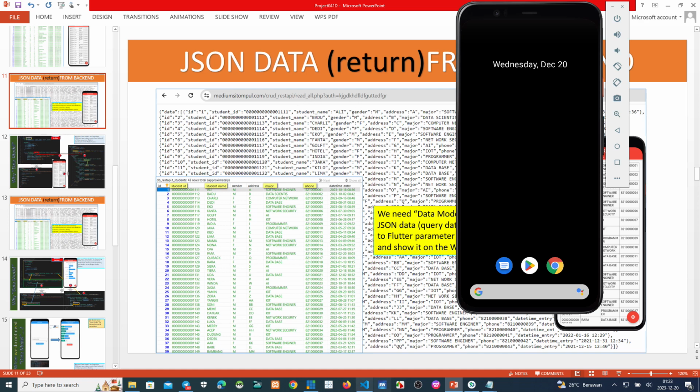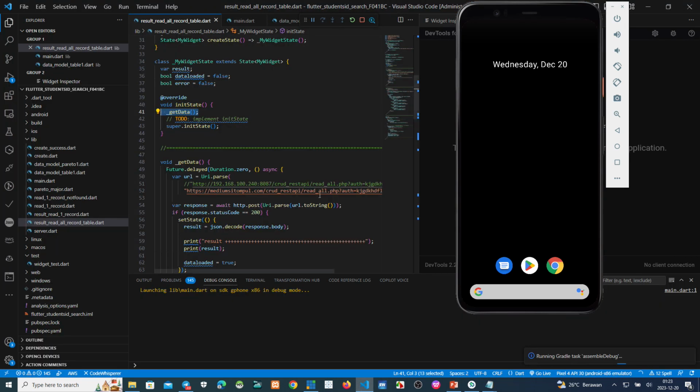The read all like this, read all will run after this Gradle running finishes, and then we can see the JSON result. JSON result comes from here. Okay, and then we make a print of the result, and after that we can see the JSON data on this console.